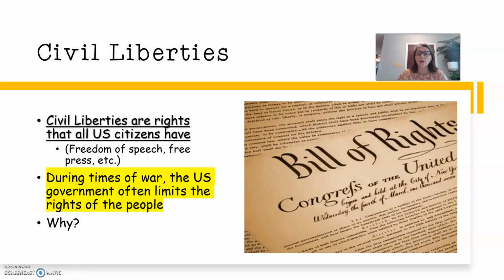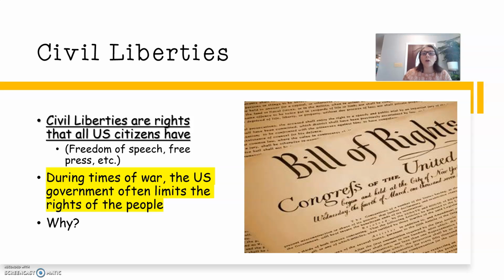So these are things that you've heard of before: the right to freedom of speech, freedom of religion, freedom of the press, so being able to print the news, print information, freedom to assemble, freedom to petition, so to tell the government that you don't like these ideas and to explain why. So these are all examples of civil liberties, and there are more of them, but the ones that we're going to be talking about most today are the right to freedom of speech and the right to